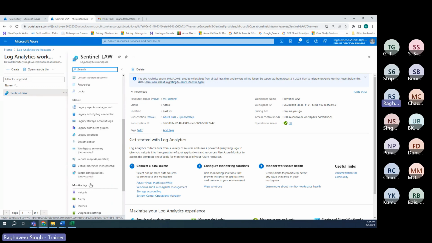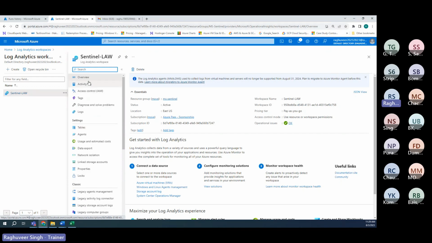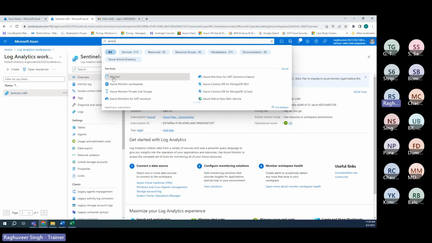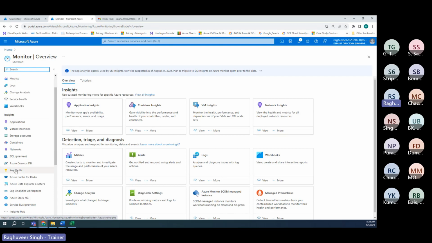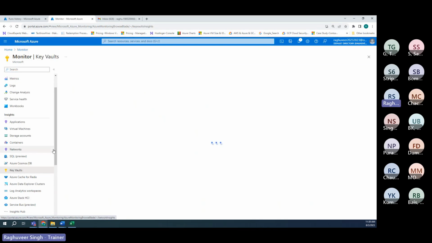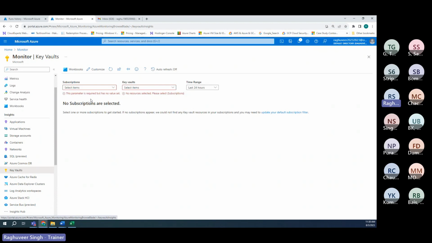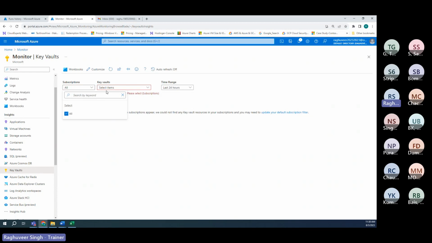On this Log Analytics workspace, I actually don't have an option to look at the encryption, because if you remember, I told you that Microsoft is deprecating Log Analytics workspace on August 31st, 2024, and it has already started moving everything to Azure Monitor. So you will need to go to the Azure Monitor service, and in the Azure Monitor service, you have an option to use Key Vault over here. So you will click on Key Vault here, and here you will select your subscription, which you can select all. You can select your Key Vault, and you will be able to